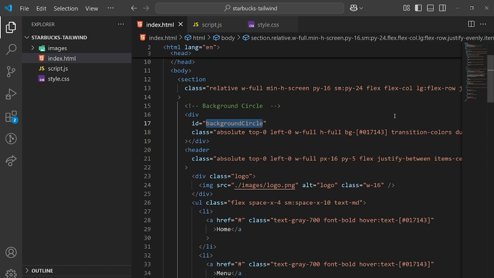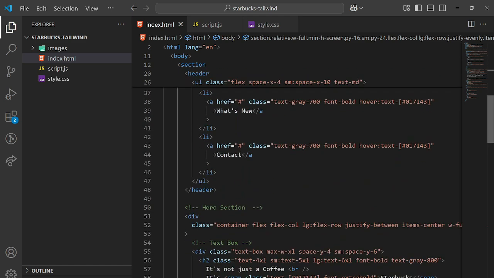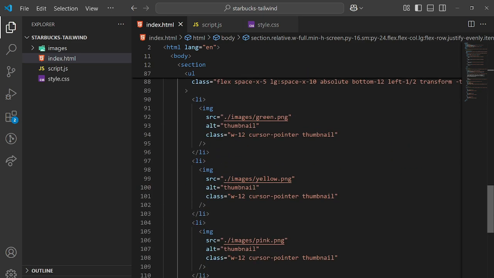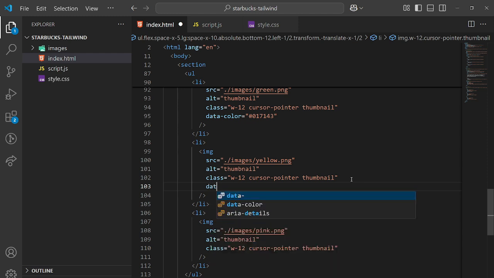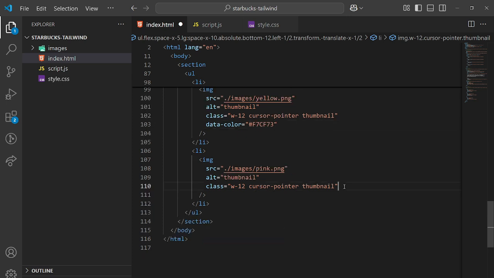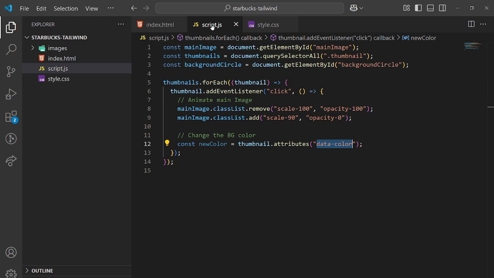So let's go back to the HTML file, and in the thumbnail we have to add this attribute. Okay, so data-color equal to, so the first data color is hash 017143. Next, for the yellow, data color should be hash F7CF73, and for the pink image data color is hash FAD4D4. So save it, and again go back to the script.js file, and